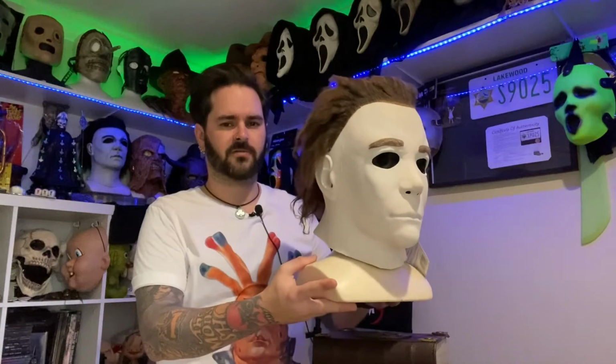There's a lot of stuff about these in catalogs and things like that, but not a lot of pictures of people that own them. When they came out, it was 2006, 2007. YouTube was in its infancy, so there's very few videos on these sort of things. And a lot of the photos were taken on cell phone cameras of the day, which, let me tell you, they weren't great. So I figured that this was an excellent opportunity to show off a mask that is